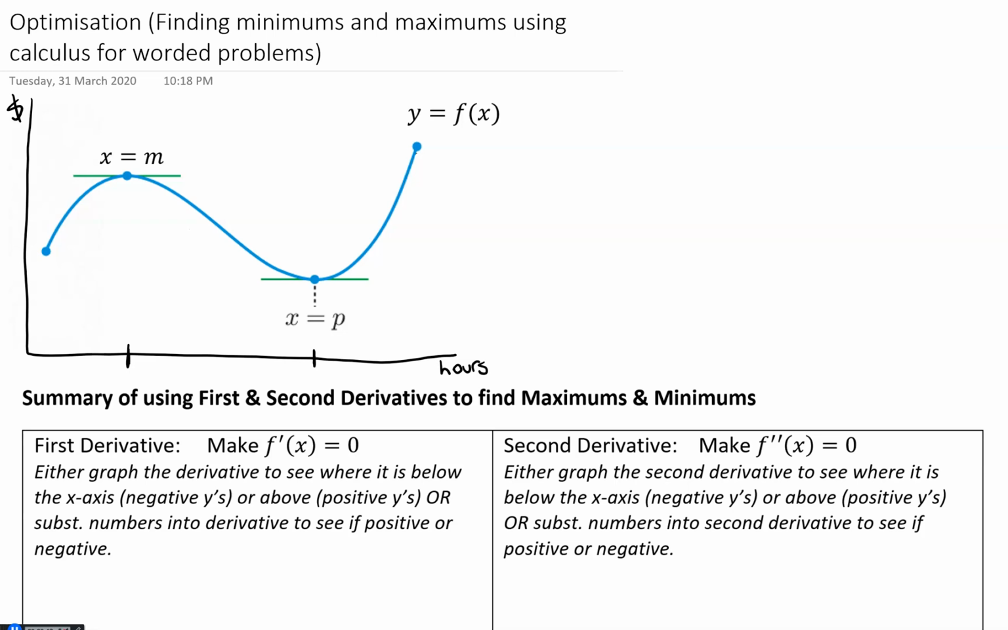I have the blue line. I've made the y-axis dollars, and this is the amount of dollars a shop earns in an hour. And then I've got the hours down the bottom. So what we can see is that when x equals m hours, they made their peak sales, their maximum amount of sales, and that at x equals p there was a lull,